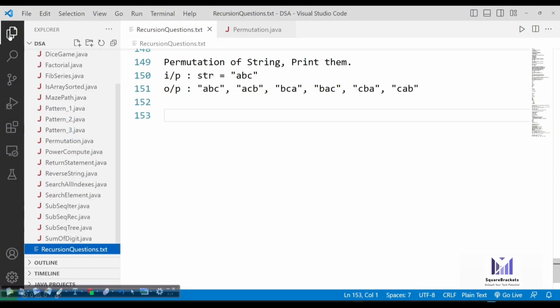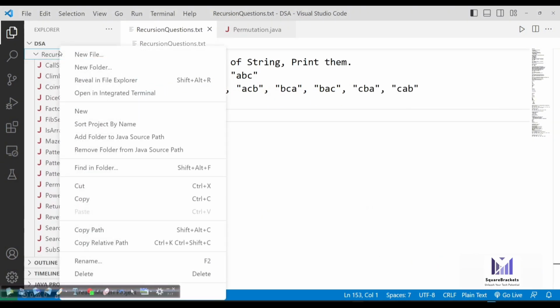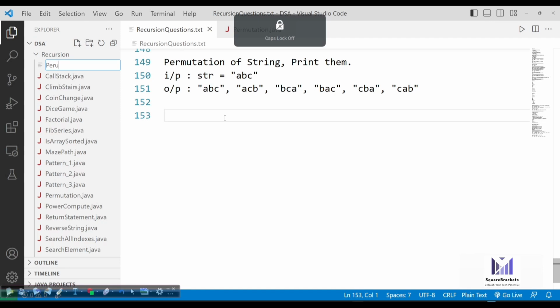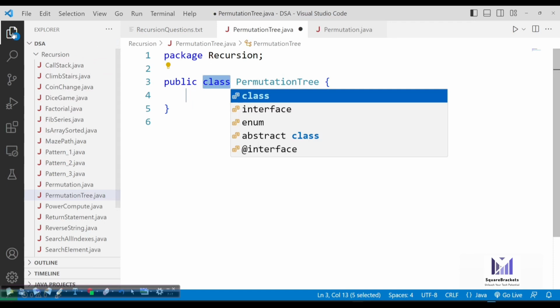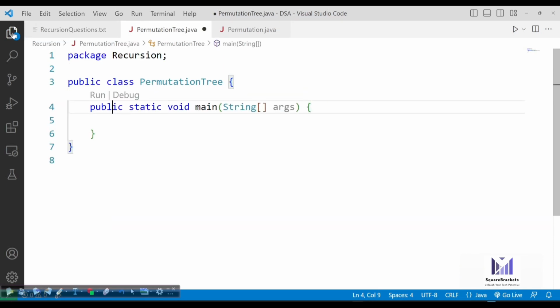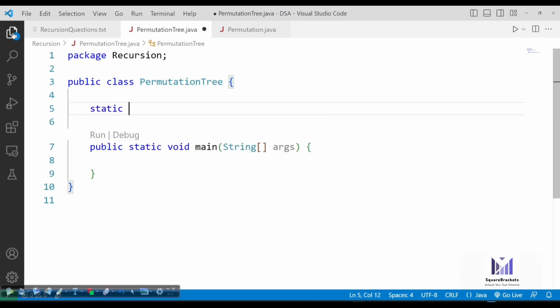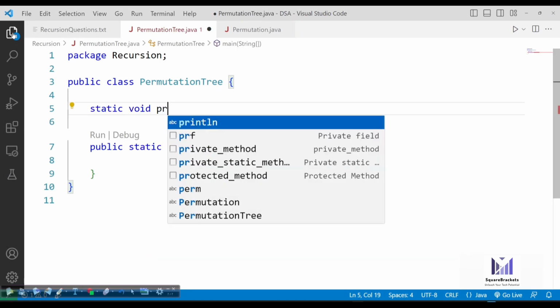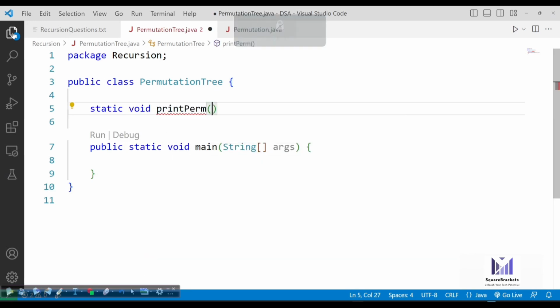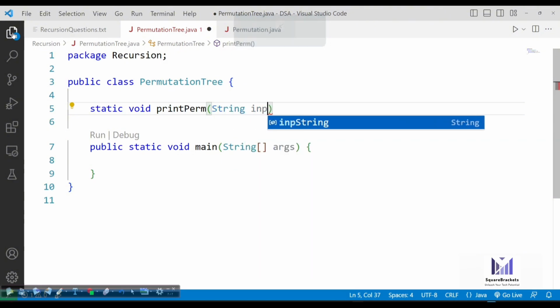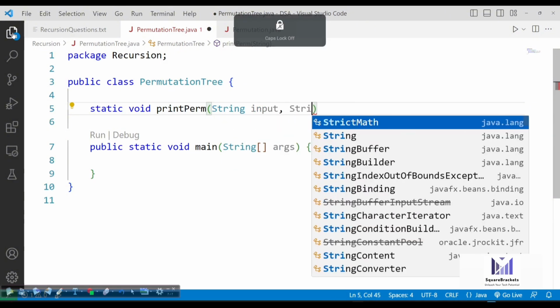So let's talk about the implementation for permutation using tree in Java. So now what we'll be doing is, first let us create a function, static void printPerm, and then I'm going to take an input string and the output string.